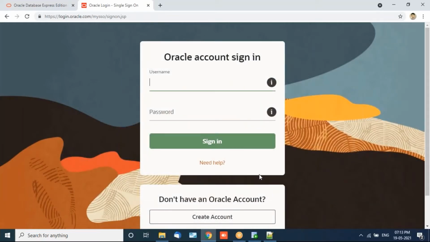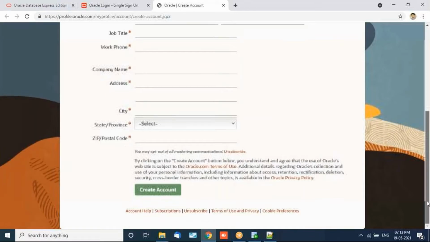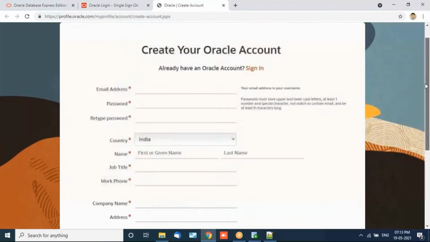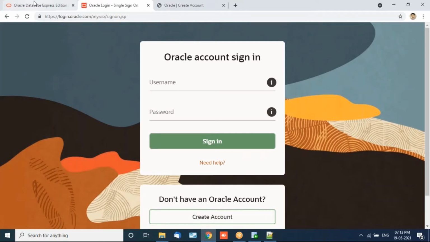Obviously you've done the sign up in the first step, so sign up in the second step is not needed. I'll just show you how it looks. Create account, very basic stuff. Just create account and all set. You have to verify your email, create account, all set. Then you log in and the download will begin.